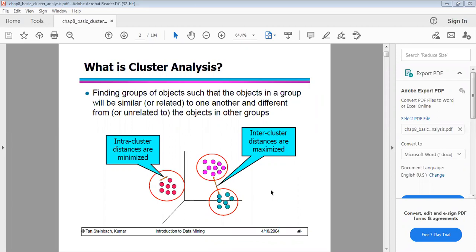This is regarding cluster management. So the number of data points you arrange into a group, that group is called a cluster. Based on that cluster,